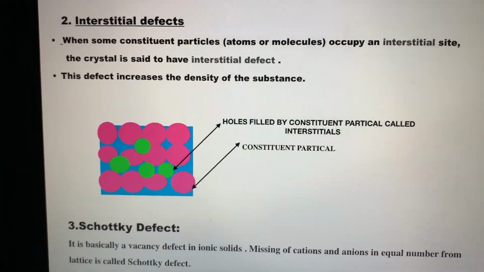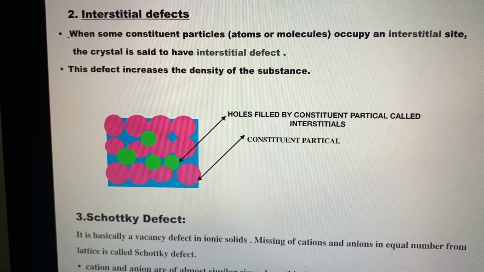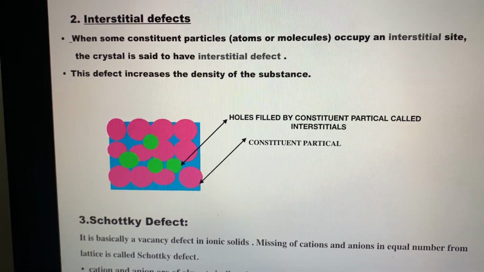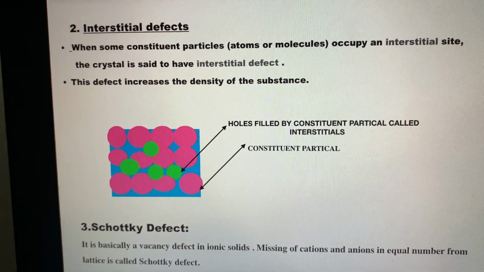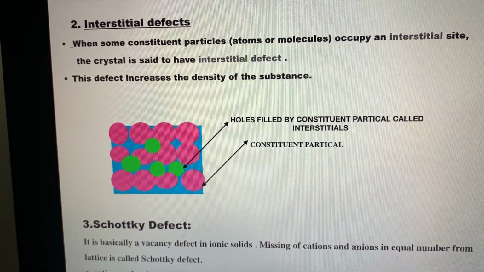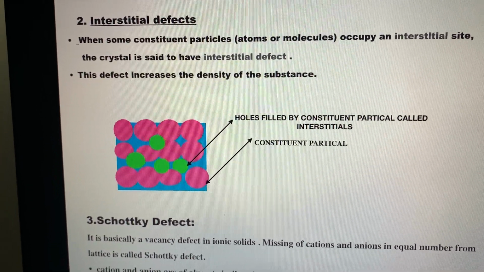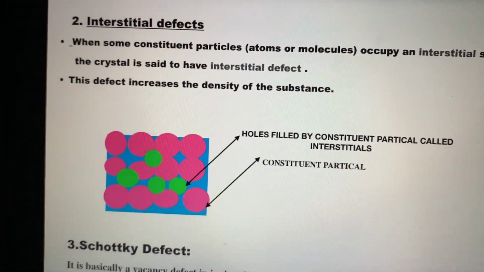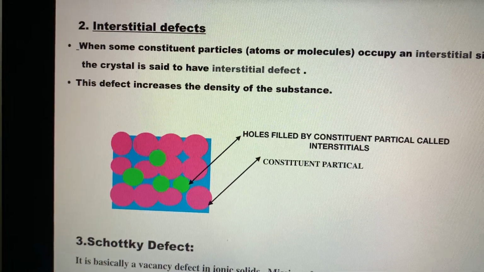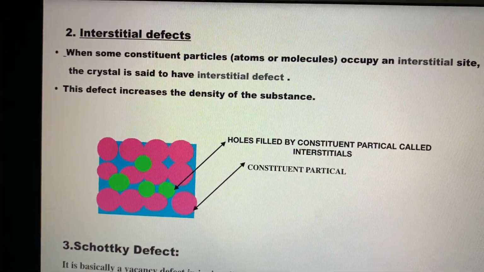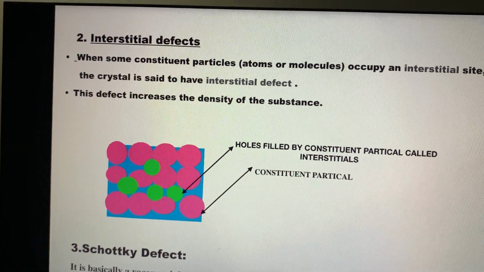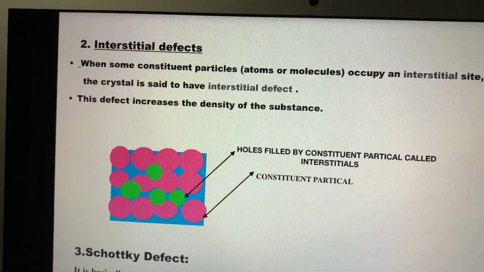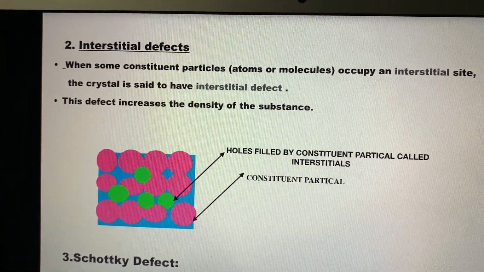Next, you will find interstitial defect. Here one thing is extra. Suppose a crystal is made. For example, you can take stainless steel. The crystal is made with regular packing. But during construction, what happens? An extra particle can enter into voids, and when those voids get filled, it is named interstitial.